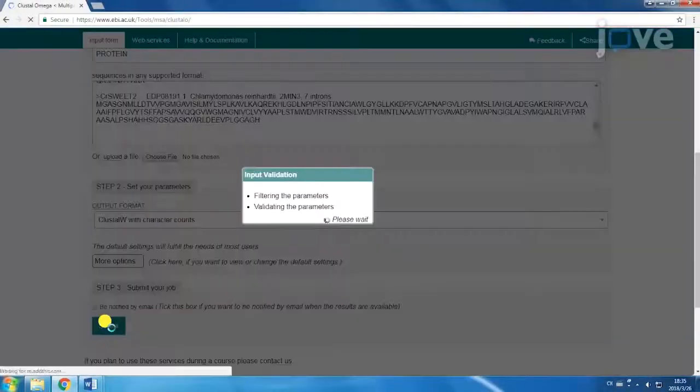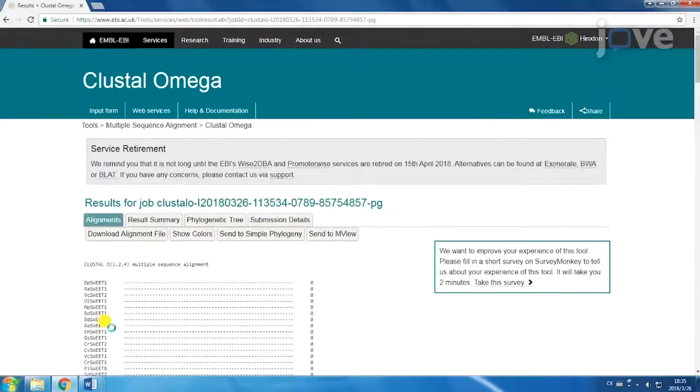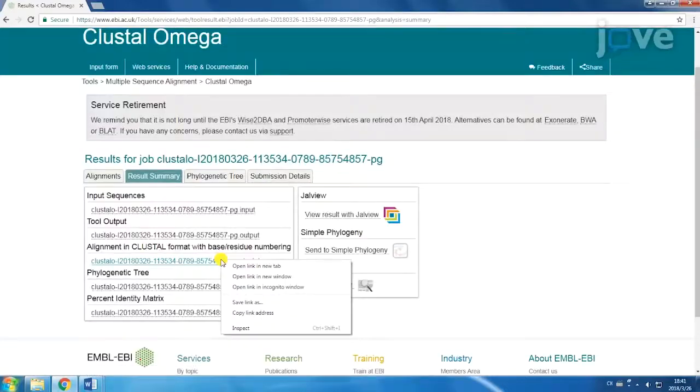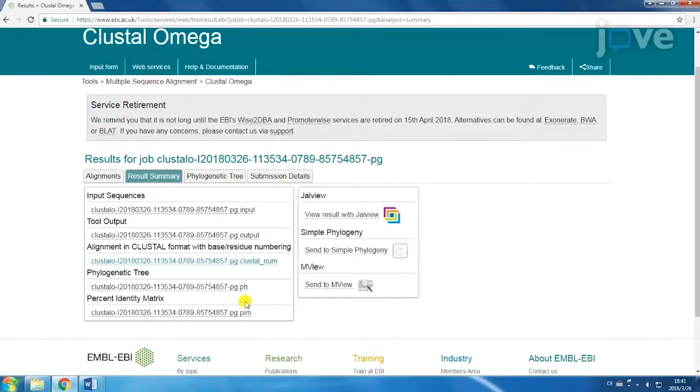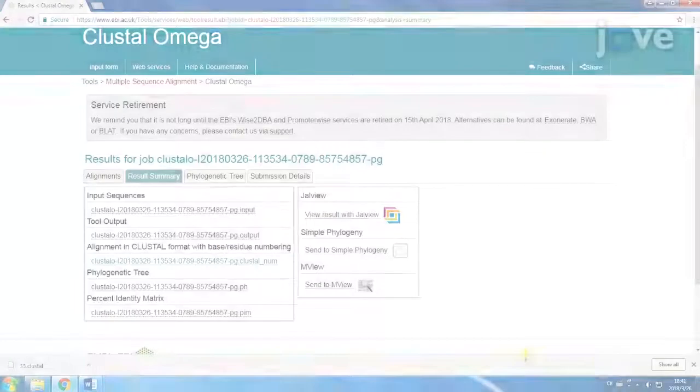Submit and run the alignment in the Step 3 section. It may take anywhere from several seconds to minutes until the alignment is finished. In the Results Summary panel, right-click the link under the Alignment in Clustal format and save the aligned sequences as 35.clustal. To open the alignment result file in Bioinformatics,